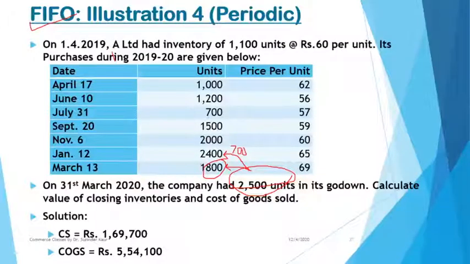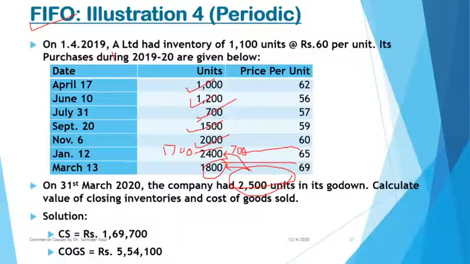So our closing stock will be measured at 1800 units at the rate of 69 and 700 units at the rate of 65. Whereas for the cost of goods sold, we'll be having this lot fully sold, this lot fully sold, this is fully sold, this is fully sold, this lot is fully sold, and herein in this case, since you are left with 700 units, it means out of this lot you must have sold 1700 units, isn't it? This is what we can assume from the question as per the FIFO approach. So you can directly calculate cost of goods sold and closing stock.